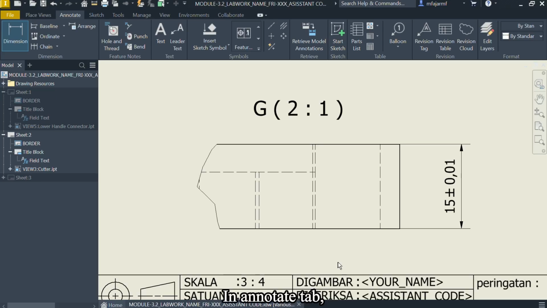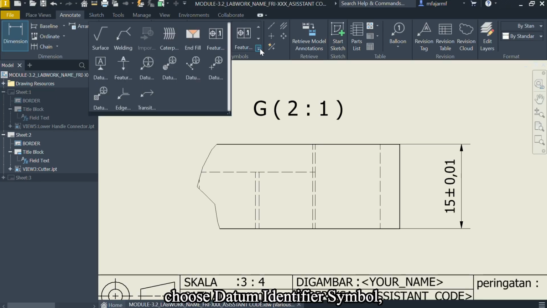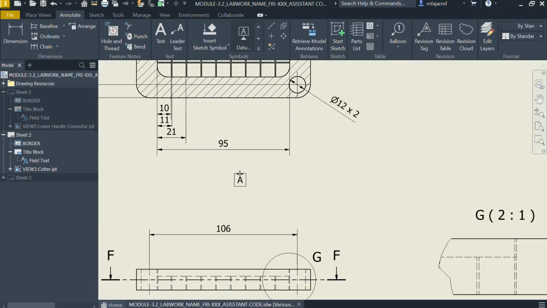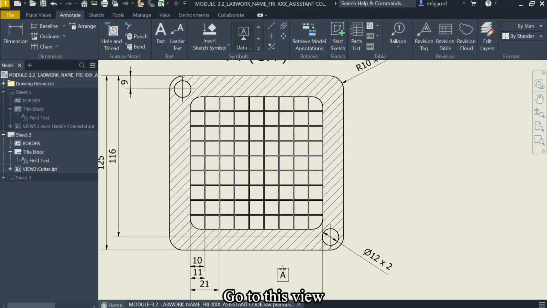Next, in Noted tab, we go to Symbol and expand. Choose the datum identifier symbol. Left click. And we go to this view.